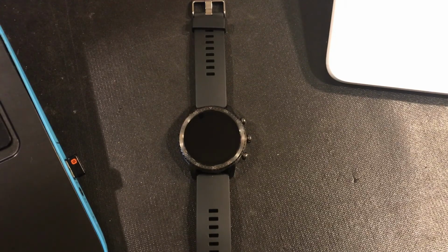So if you're looking for a relatively inexpensive smartwatch, it does a fairly decent amount of stuff. It's not an iPhone or an iWatch or any of them super high-dollar ones. It's only $50, but it has a plethora of features, and I think it's well worth it. And for the cost and durability of it, it's well worth the